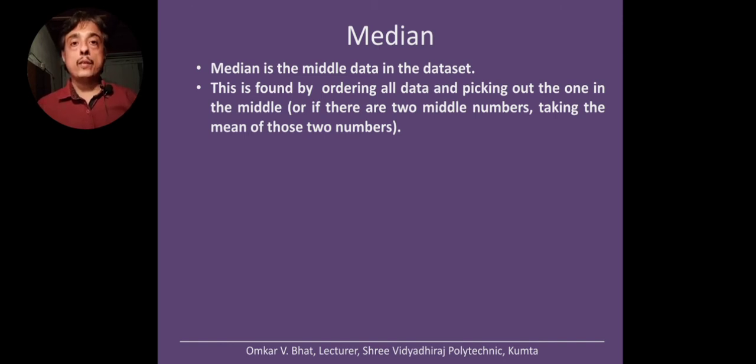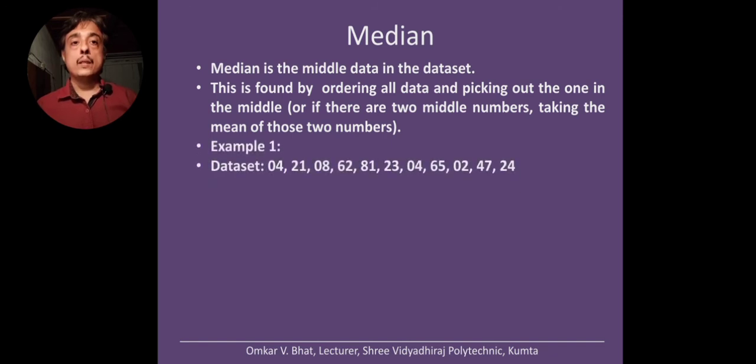Okay, so let me give you an example for this. First example, see, in this example the data set contains 11 data. Remember, 11 is an odd number. So there are an odd number of data in the data set. So first you need to arrange this data set in ascending order. So if you arrange this data set in ascending order, the data set is like this.